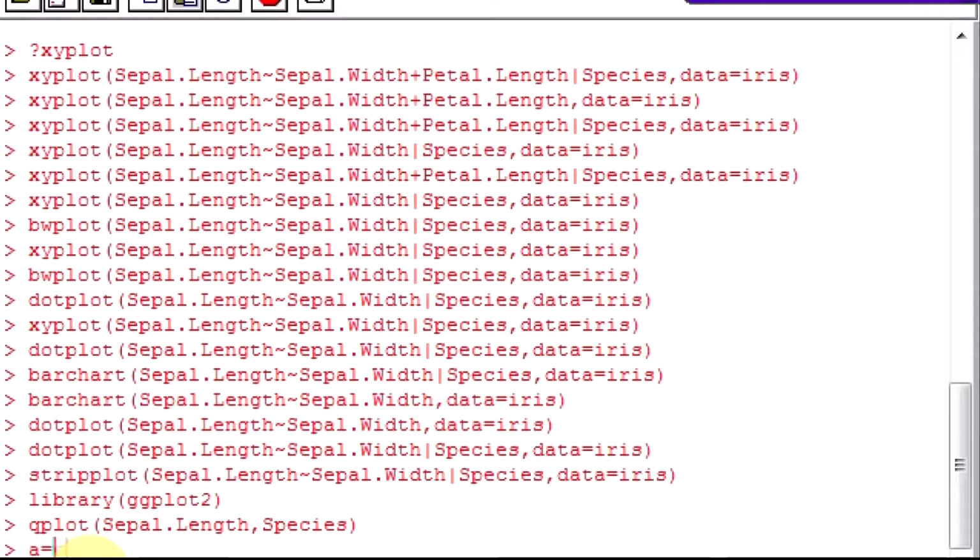I will say ggplot, aesthetics x equal to sepal length, y is equal to petal length, then data equal to iris.